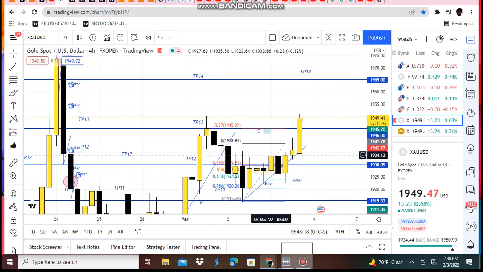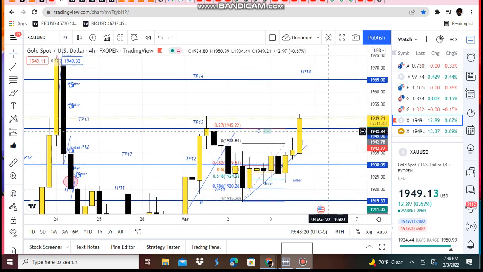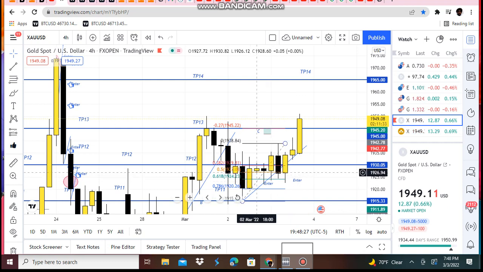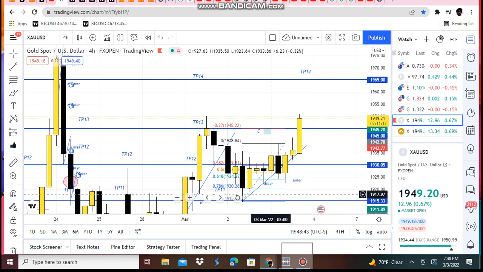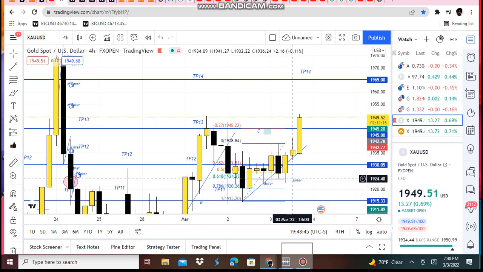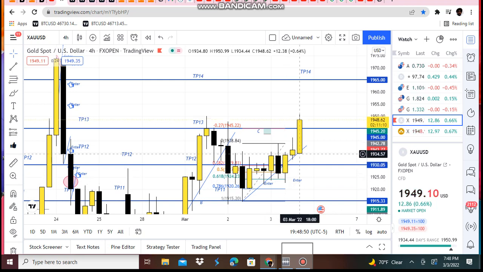And like I said, you could have entered once price showed you a hammer pattern, wicking at the bottom. You can see it wicked at the bottom a few times at 0.618, one time, 2, 3, 4 times, letting us know that price did not want to go back down to 1915. We see 1, 2, 3, 4 wicks on top of our trend line. And after the fourth wick, price pushes all the way up from 1923, 1922, all the way up to